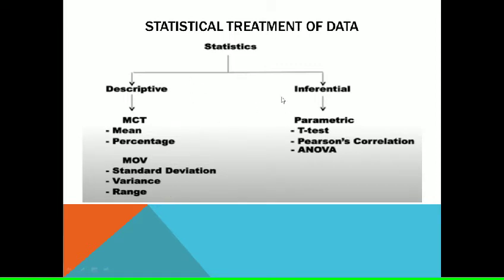And the other one, the inferential treatment. To solve the inferential treatment, we use the parametric tests, which are the t-test and the Pearson's correlation, and ANOVA, analysis of variance. So let's proceed to the descriptive